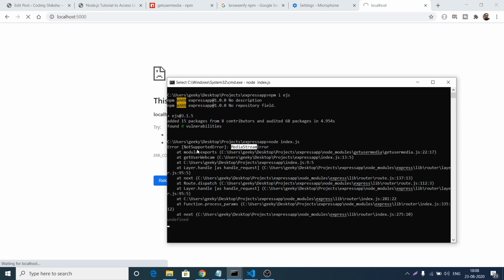You will see a not supported error is coming. So you cannot directly use your webcam inside pure Node.js applications.